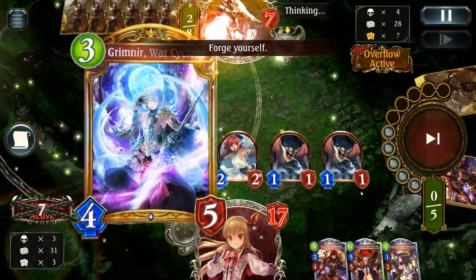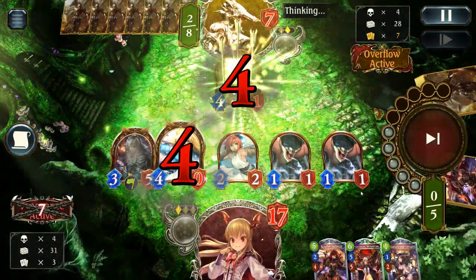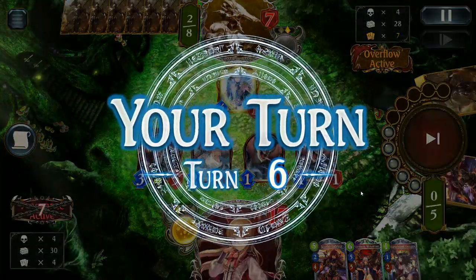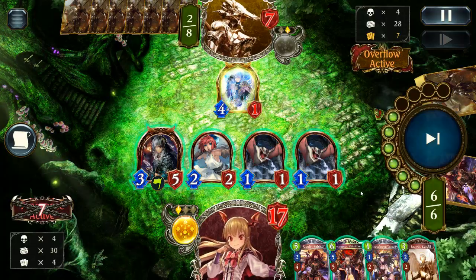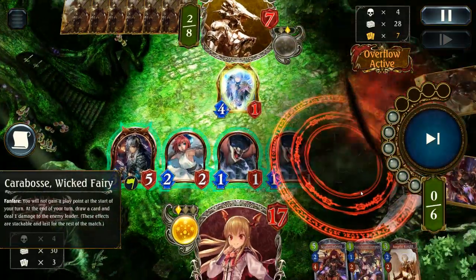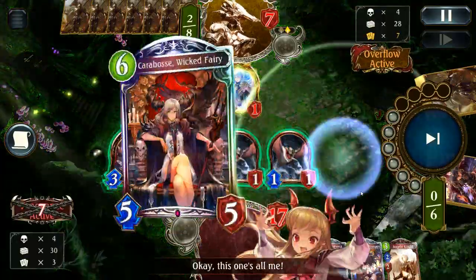And this Grim here is just going to close it. Then playing this, all I gotta do is Carabosse, evolve, go face with everything we've got, and that'll be game. No trouble at all. Actually, I could easily just have the game by ramming a bat and evolving, but the Carabosse is just so cool. May as well play it. Okay, this one's all